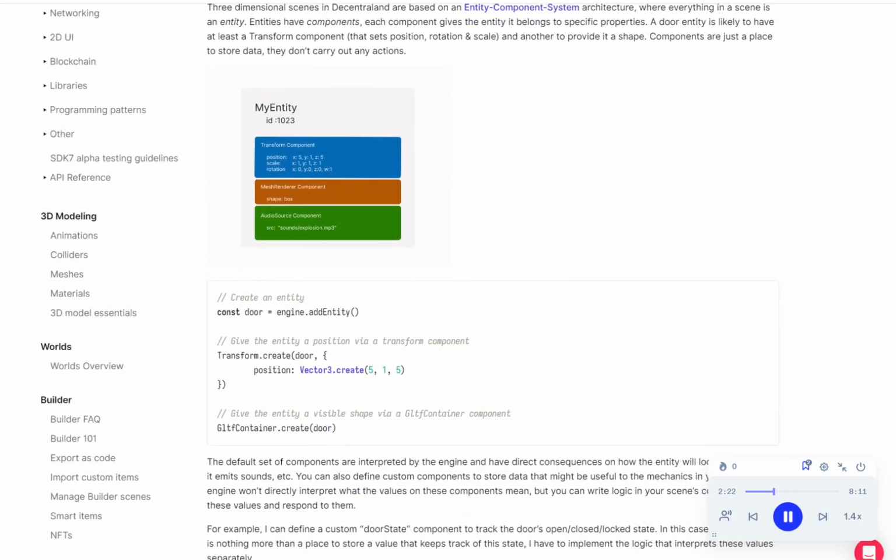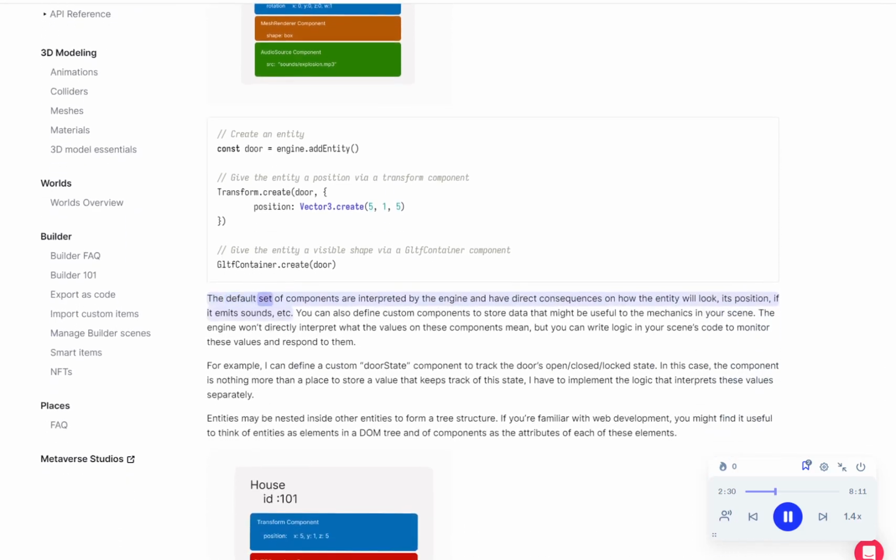// create an entity const door = engine.addEntity() // give the entity a position via a transform component Transform.create(door, position: Vector3.create(5, 1, 5)) // give the entity a visible shape via a GLTF container component GltfContainer.create(door). The default set of components are interpreted by the engine and have direct consequences on how the entity will look, its position,